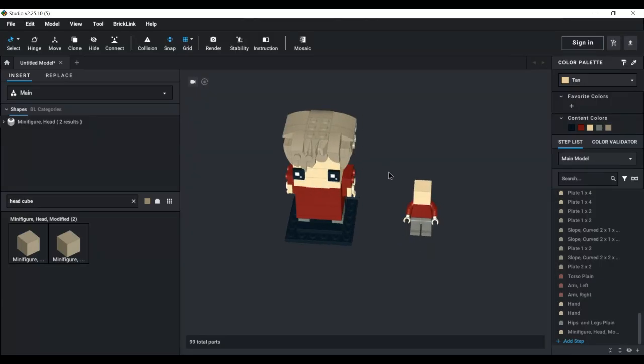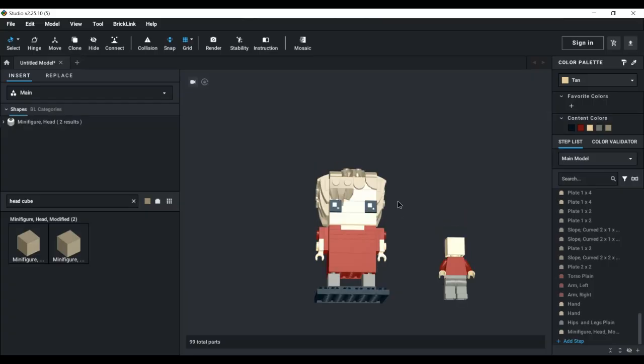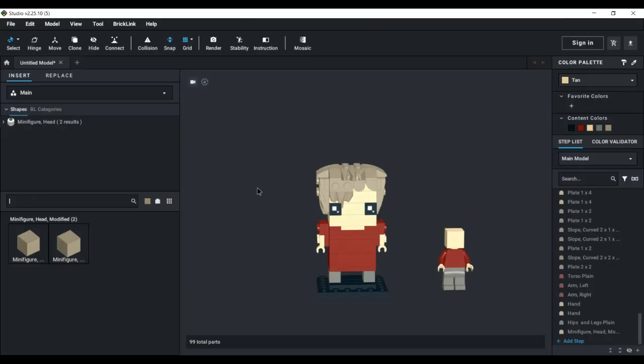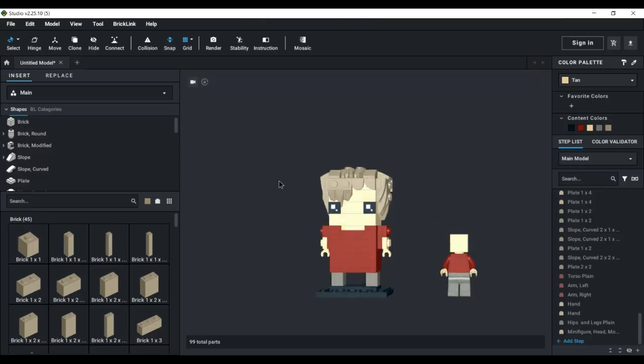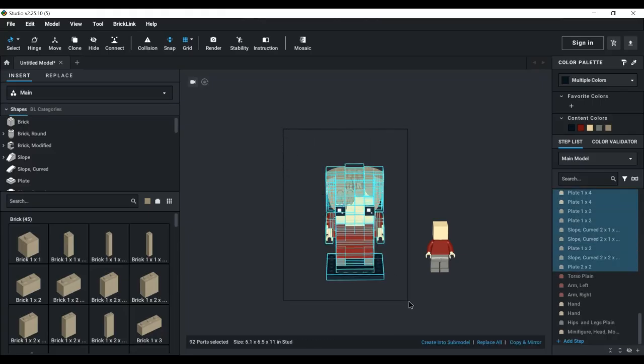Just go over a couple of quick tools that I didn't go over in the first area where I just had the one brick to work with. So now that you've got this entire model, I'm sure it doesn't exactly look great. It's looking a bit like a funnel at the top here, but not bad for about half an hour of work. So what you can do is, if you want to move this entire model, you'll want to left click and drag, and it will select all the parts,